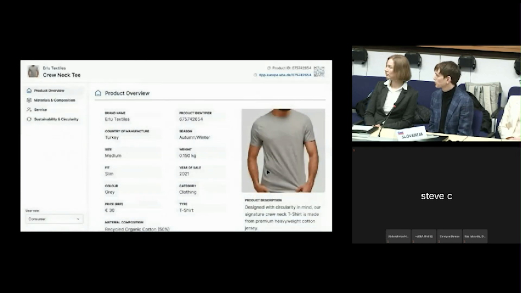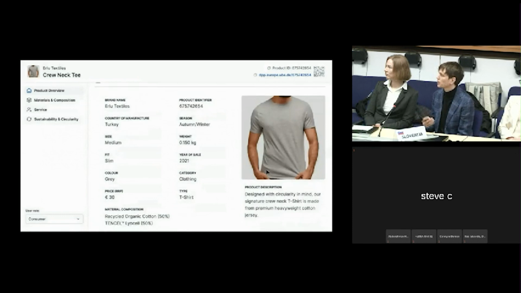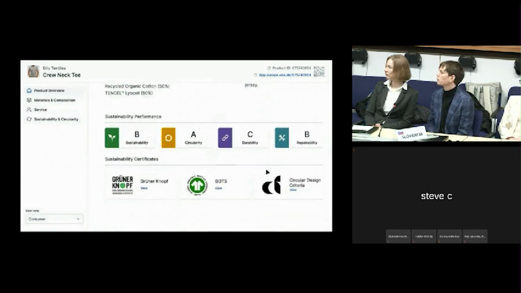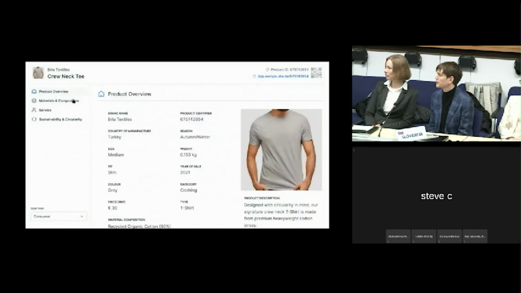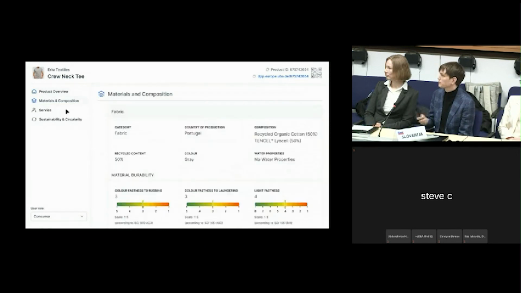We start with a product overview, where we have some attributes about the product and the most important aspects from other sections. We then have the material composition, if it's coming. So, material composition, where we see aspects about the fabric, the main fabric here, as well as for,